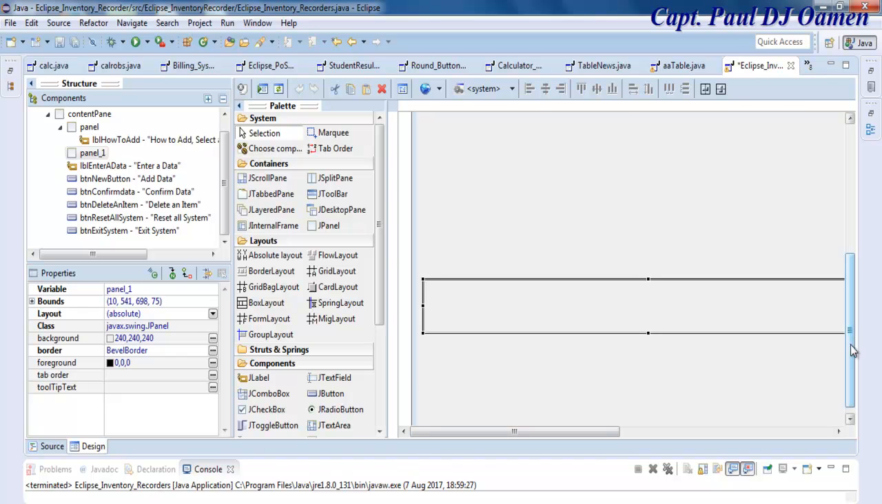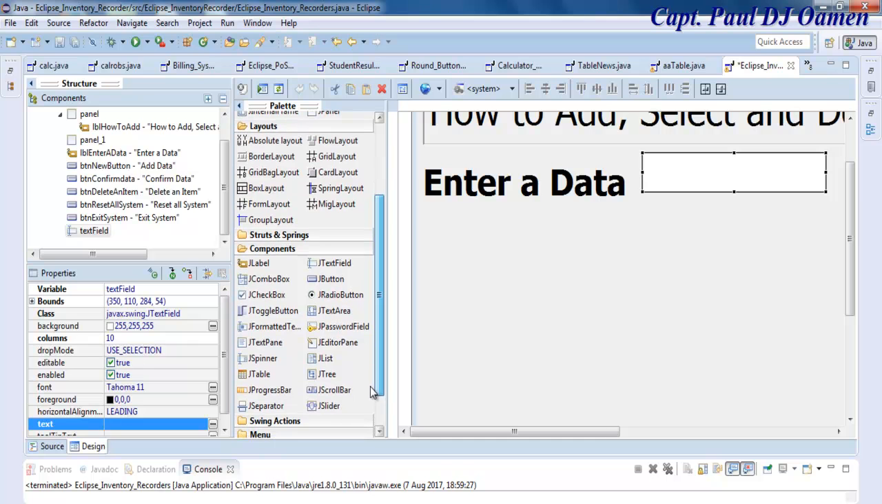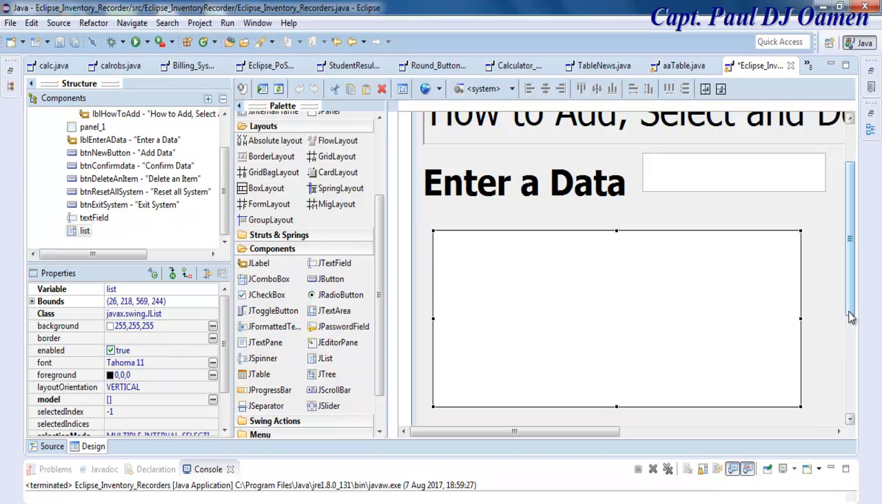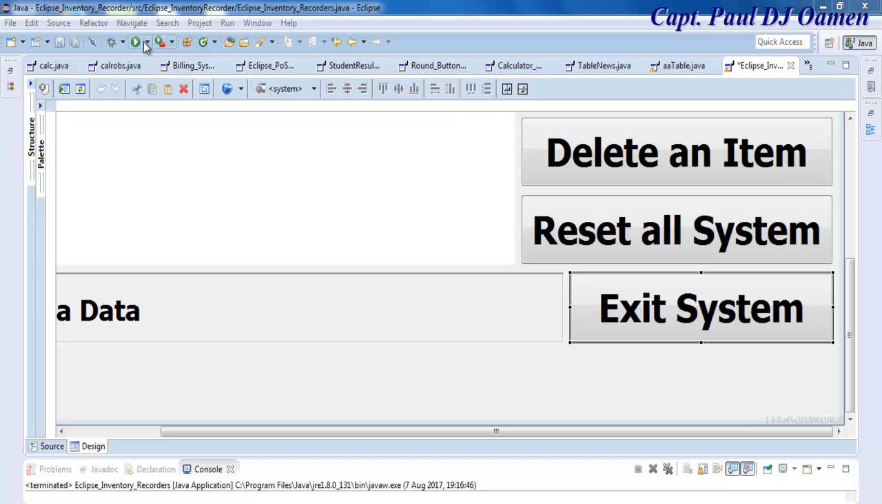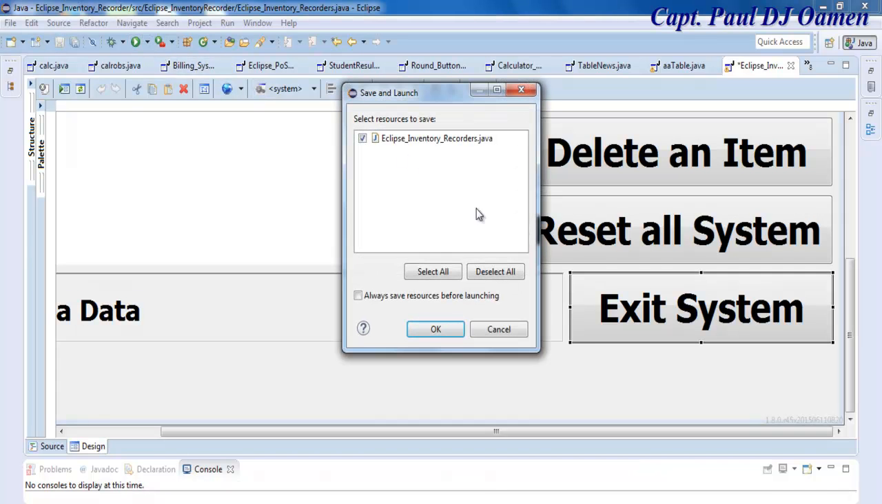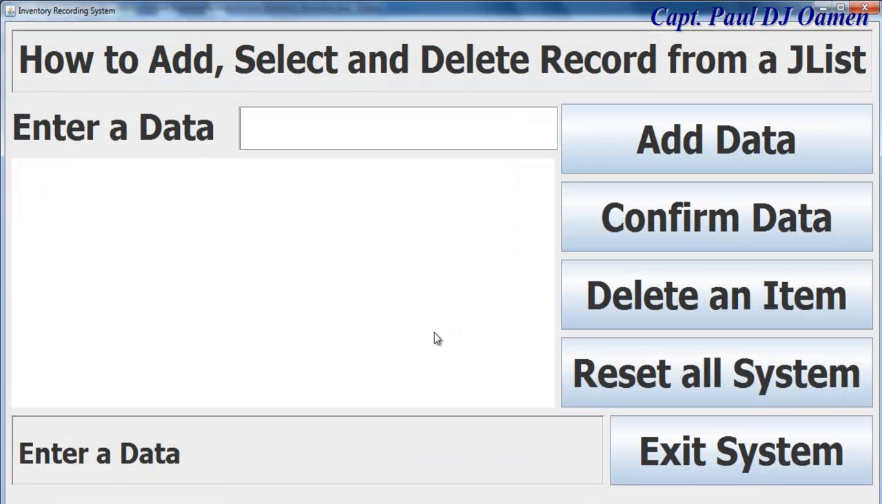Okay, there's one thing missing now, 2 items missing. The next one is going to be text field. We need this text field here. Underneath that, we're going to need JList. This is how our interface looks like. Okay, we finished the modification. This is how the whole interface looks like right now. There we go. So all we need to then do is